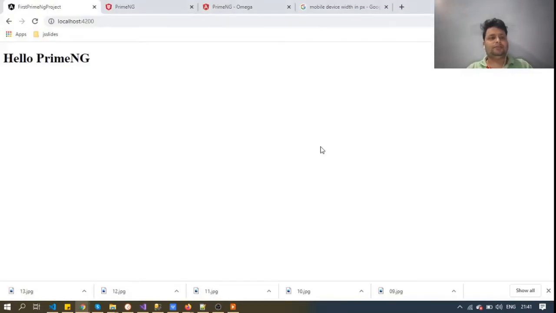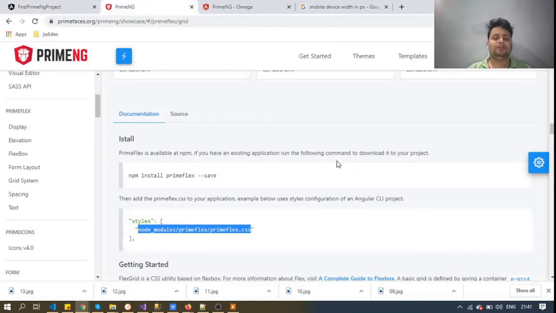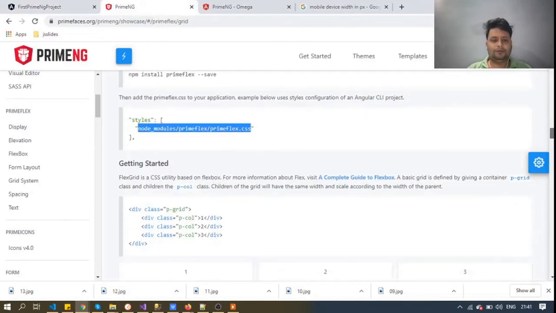Hello PrimeNG. Now our application is running, and we have integrated the PrimeFlex package into our project. Now we will see the documentation for what we have to do again.